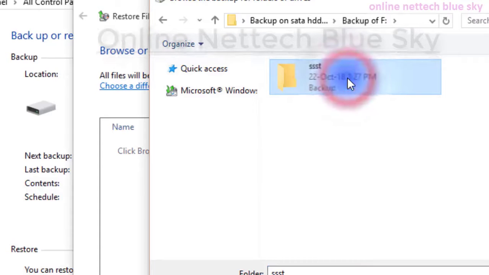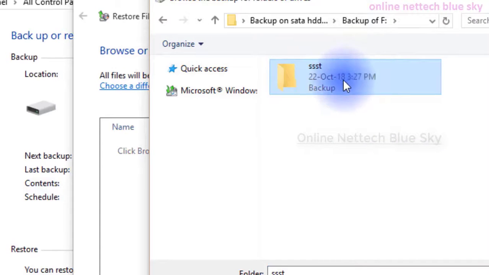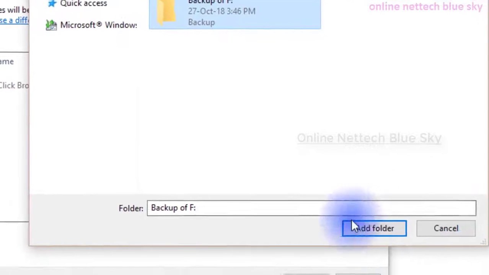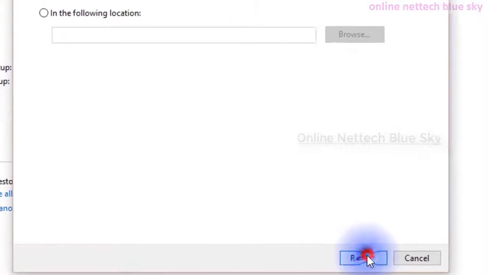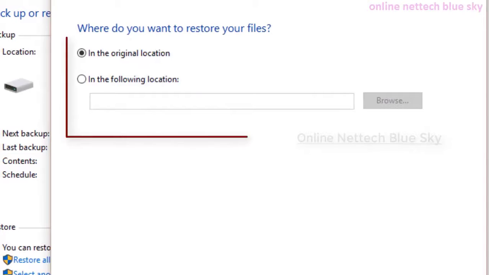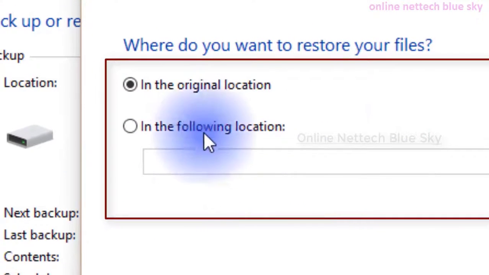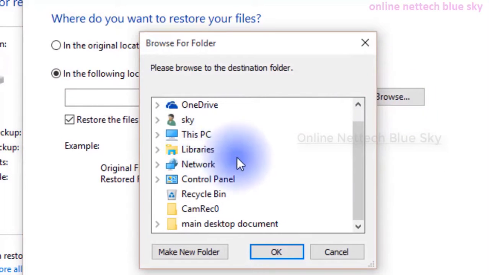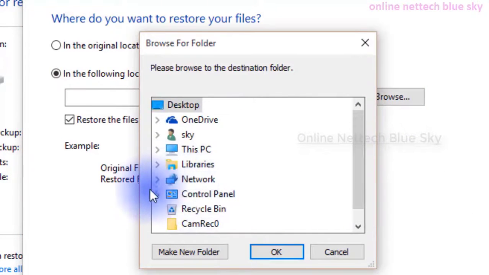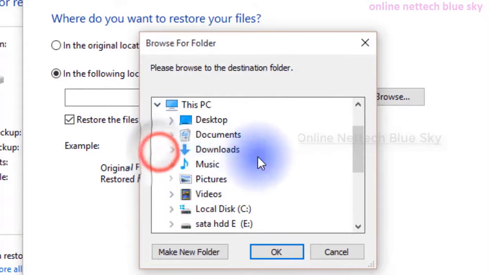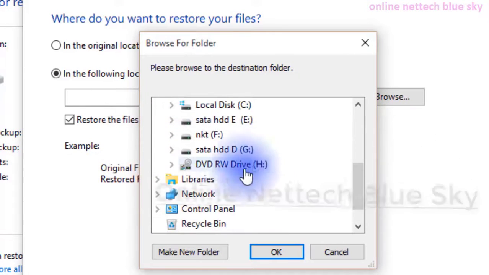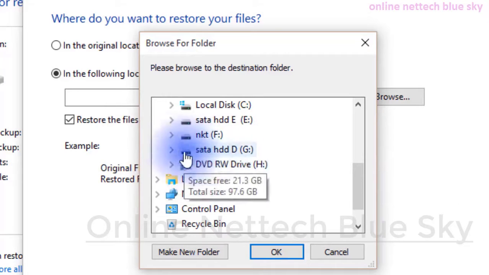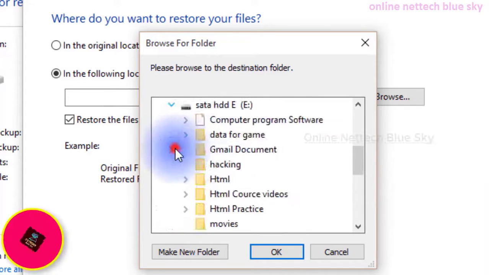First double click and check my data. So I complete my backup here: add folder, next, and select the location where you want to save your data. Not the original location, but I select my own location. In this PC, I select my computer because I select another partition to store it, and you can see any hard disk partition here.